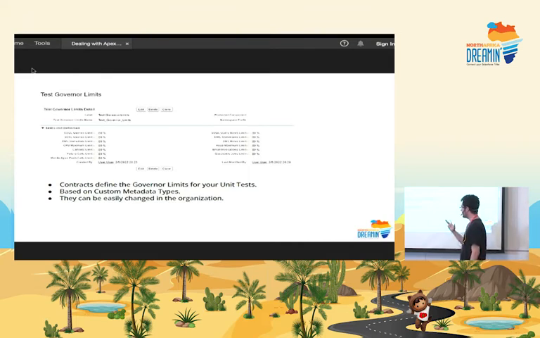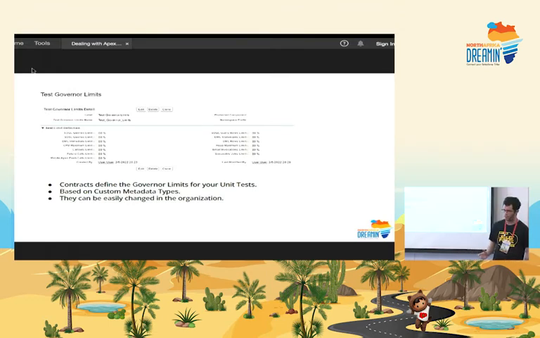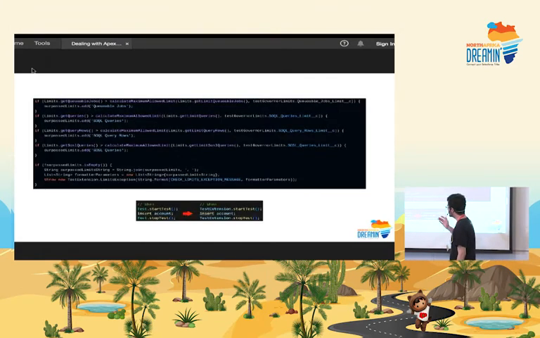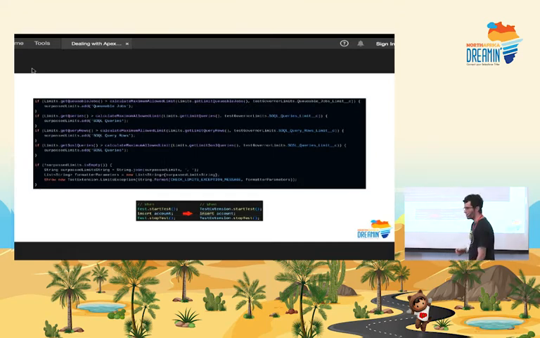As I said, they are in the custom metadata types, so they can be easily changed in each one of your environments. And it will not affect your development, because you can change it from the org directly, or from the code if you want in the repository. So here is a code snippet that you cannot see either, but anyway, the idea of this is that